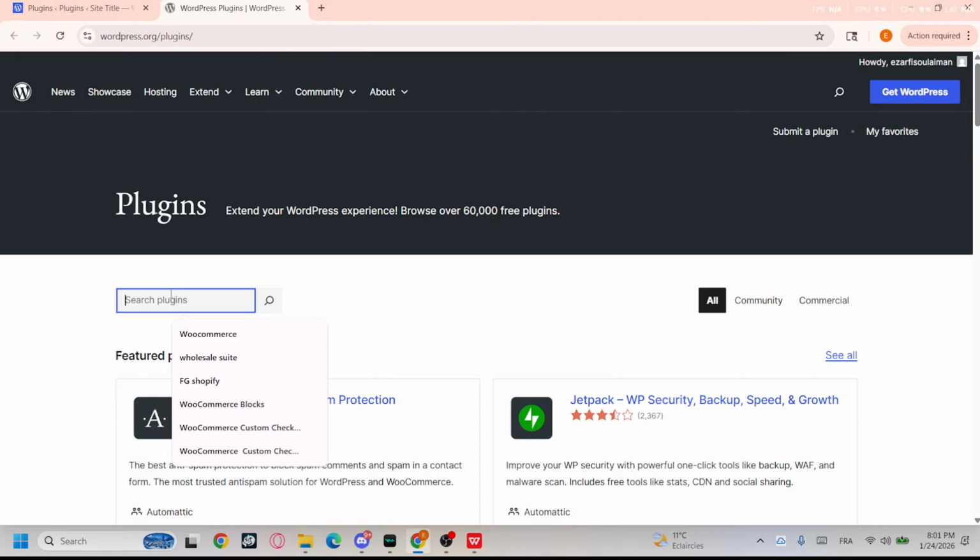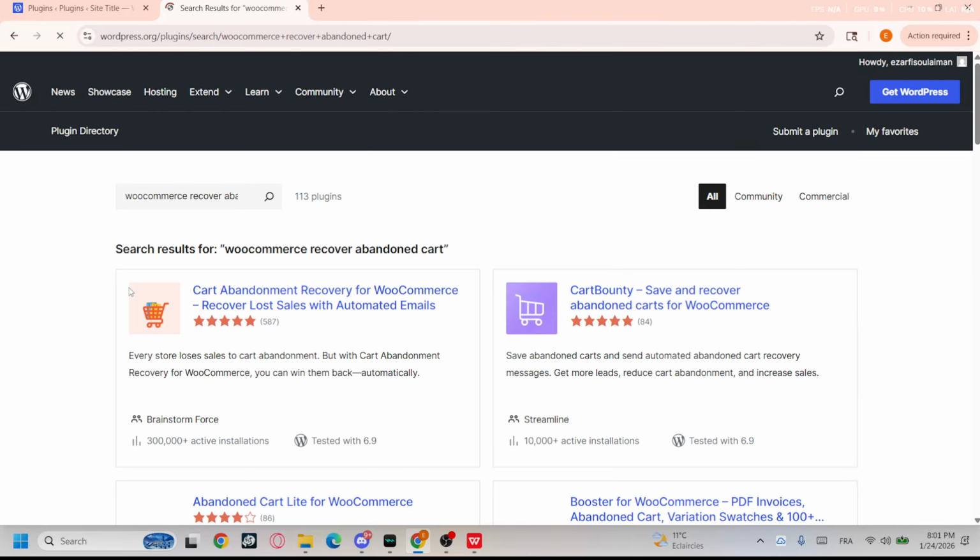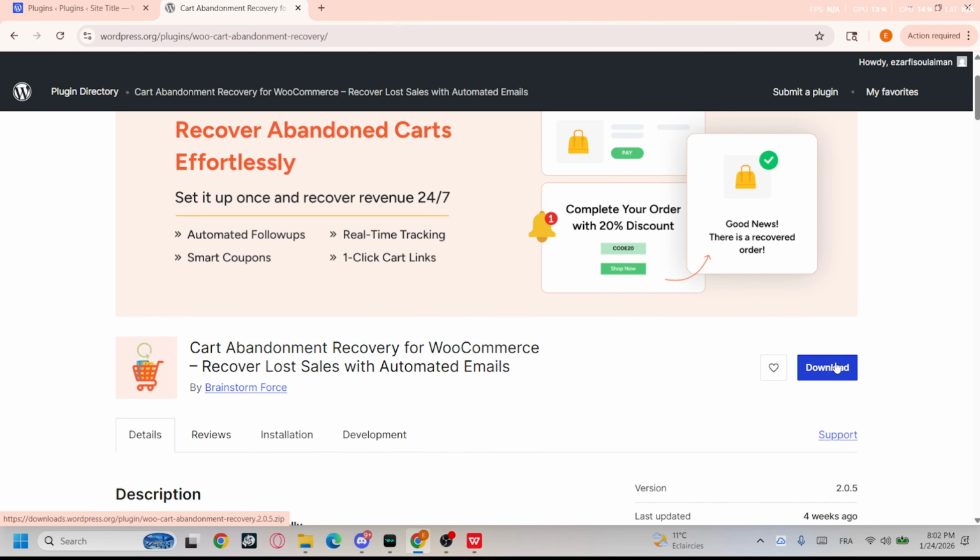So we'll go with WooCommerce Recover Abandoned Carts, the official one. Okay, so that's one or that one, so you choose. Okay, so actually you will need just to select one and go ahead and click on download and activate the